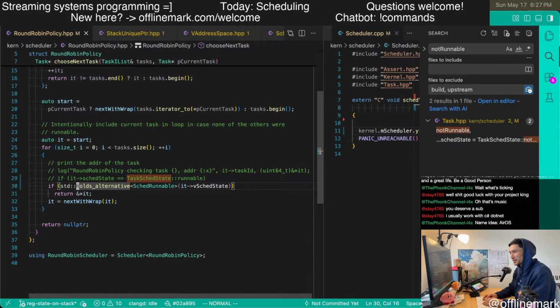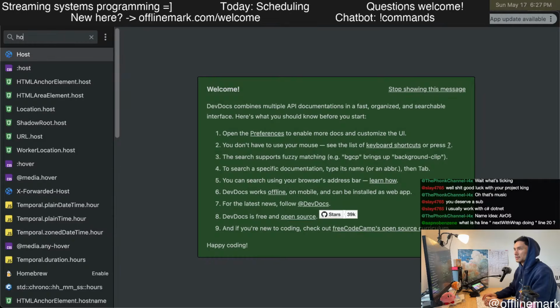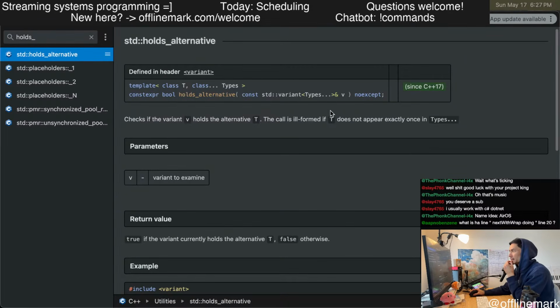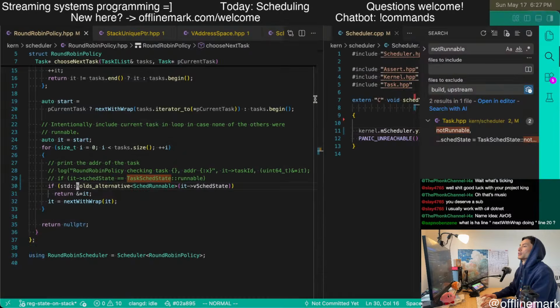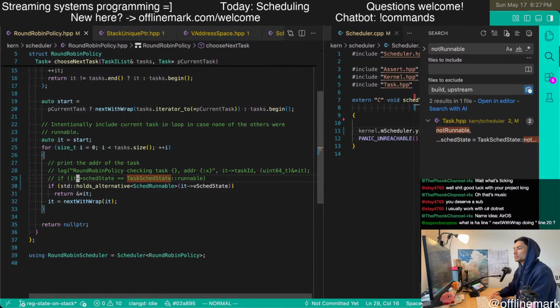With the way this function is named, holds alternative, it looks absolutely awful. It's alternative, and it takes a reference to variant. So yeah, not gonna lie, that sort of sucks.